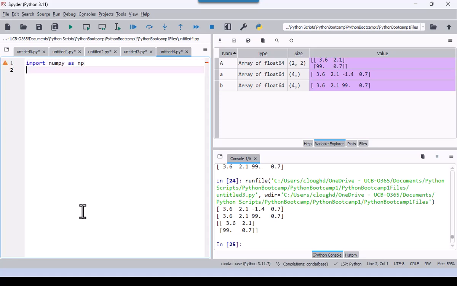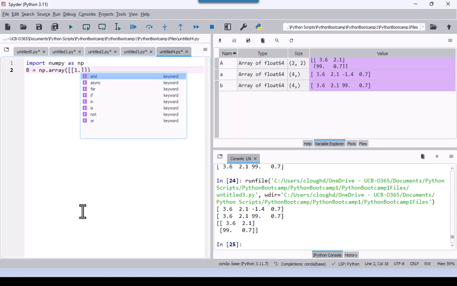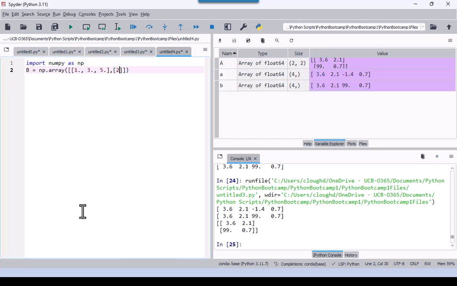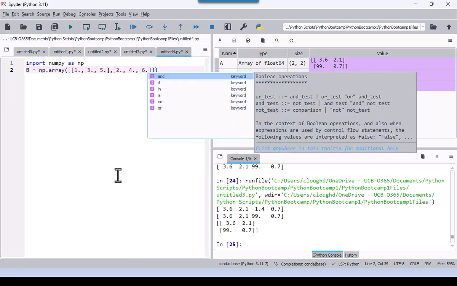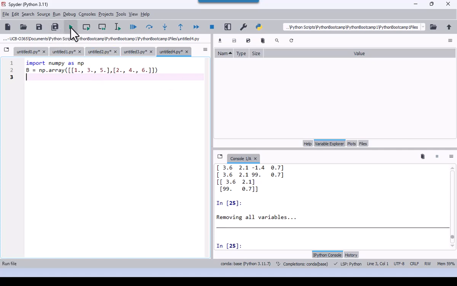And so we'll create an array capital B, and I'll put in 1, 3, and 5, and then I will have a comma and a second array, which will be 2, 4, and 6. Like so. If I clean this up and we run this,